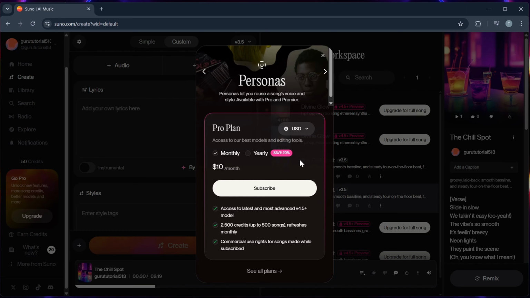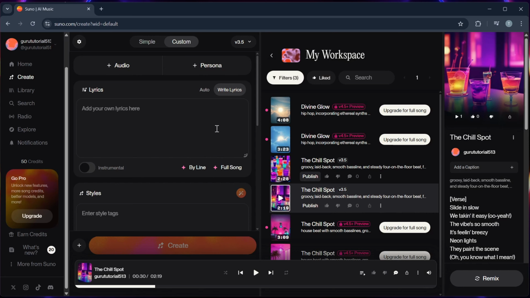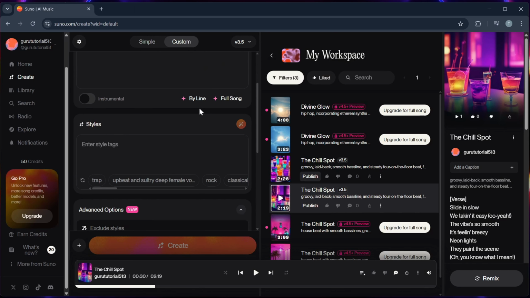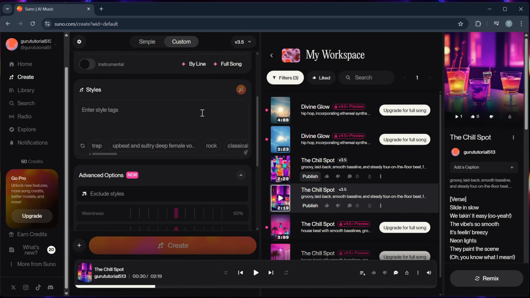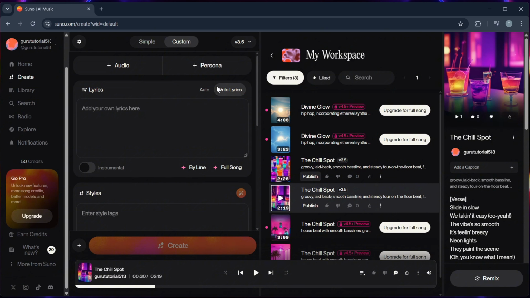Step 3. Select your preferred voice type. For example, you might see names or labels like male vocal A or female vocal B. Step 4. Preview the voice by generating a short sample. This way you can check the pitch, tone, and overall style before finalizing. Step 5. Save your choice and proceed with creating your song. You can always return and switch voices if the track does not fit perfectly.